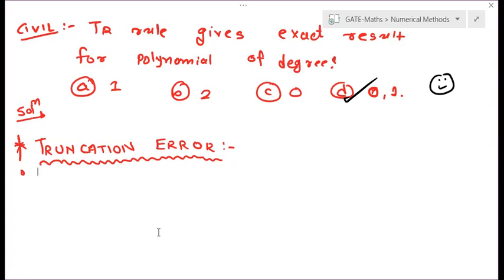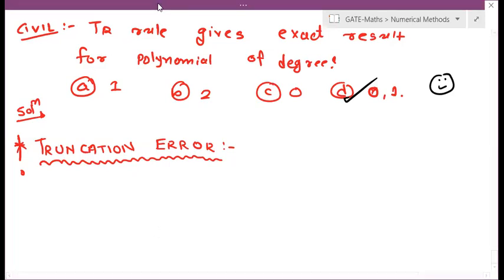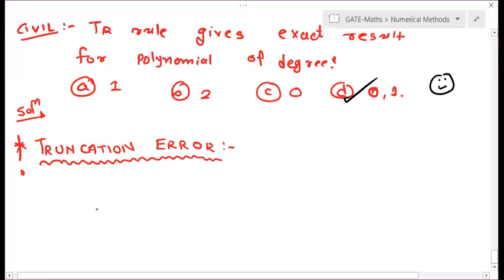Now see over here. Where are we now? Okay, so truncation error. I am giving you direct formula, right? Just remember this table. So we are going to see this truncation error for all these three rules. This is the short form of truncation error, and this is its error order.